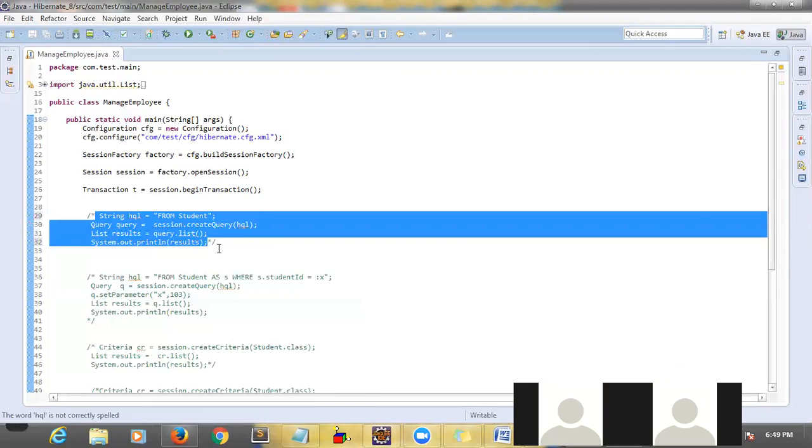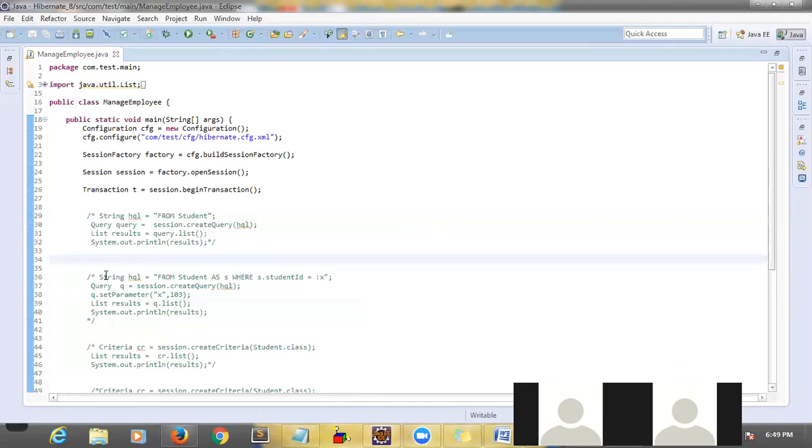If you see here, we have a select SQL from student as s. So what is this as? If you want to give some alias name for student, you can give s. So every time, if you don't want to write student, just write s. So next time onwards you can refer to student as s, and you can apply the condition where s.studentId equal to,